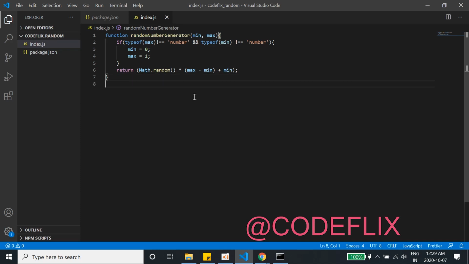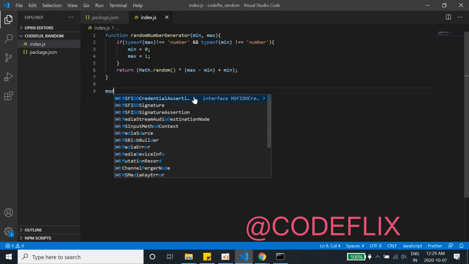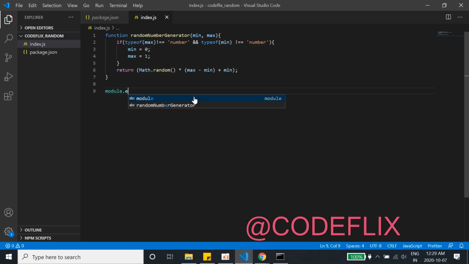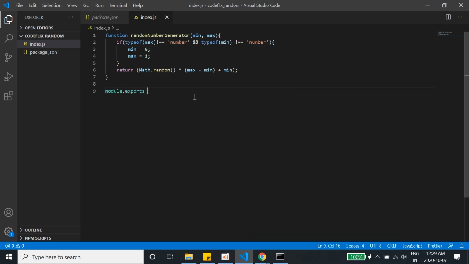And then the last thing you have to do is write module.exports, and we give the name of the function, which is random number generator, hit a semicolon, and we are ready to go. So this is the logic for the random number generator, and we are ready to go with our publishing. For now, if you haven't understood, we take two numbers, min and max, and we generate a random number using this logic, and then we export it here. Now you can just publish this package as the package is ready. So I'll show you what to do with the package.